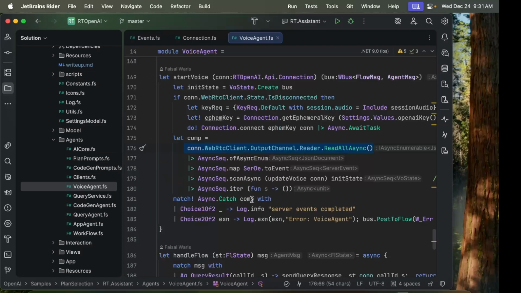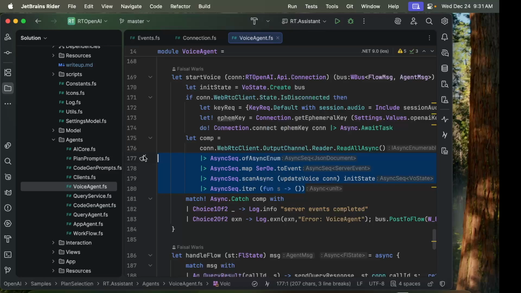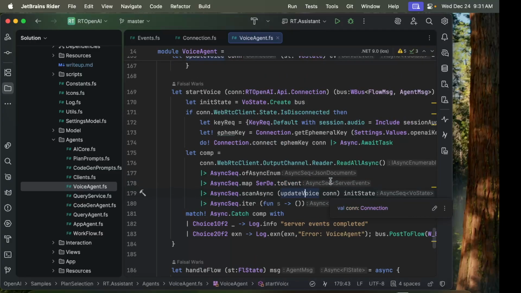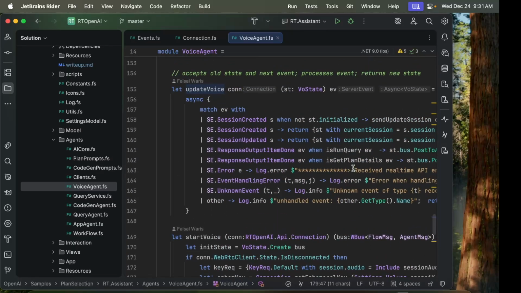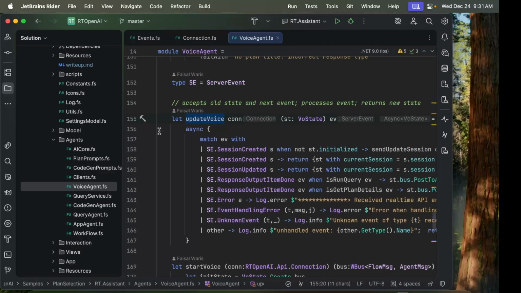And again, there's an asynchronous computation here to essentially read messages that are coming over that channel and convert them into strongly typed wrappers, and then use this scan async with this update function to handle these messages. And if we look at the update function, you can see that it's handling